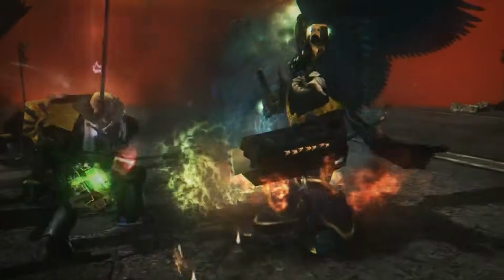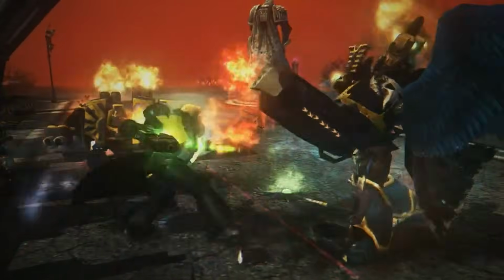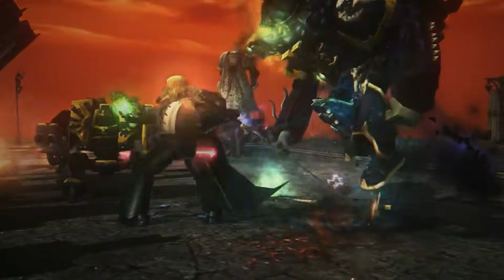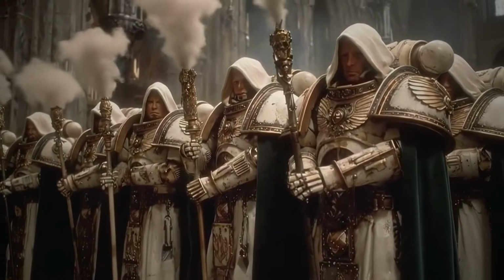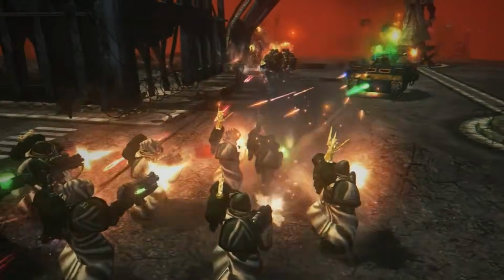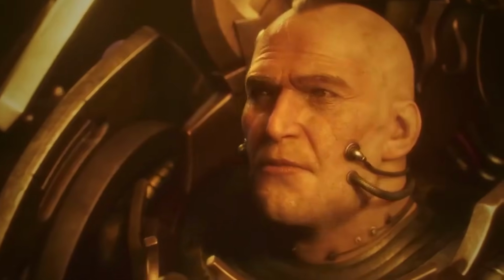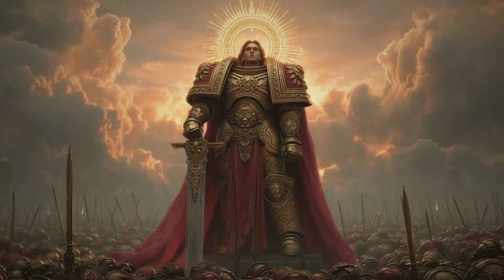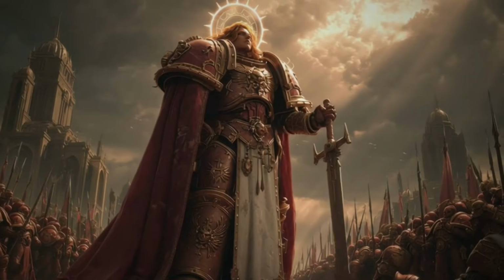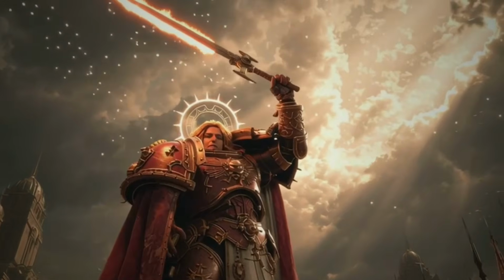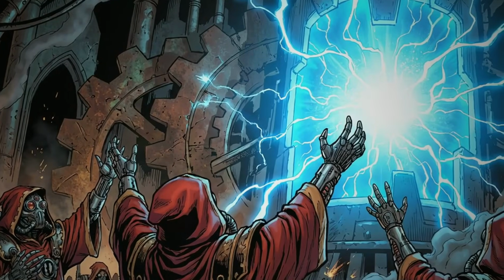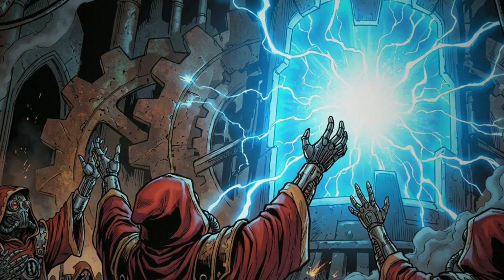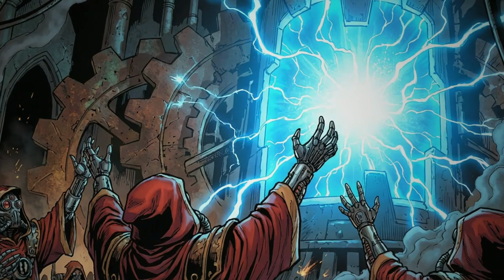His personal combat skills, legendary even among the Primarchs, were a terrifying spectacle for friend and foe alike. He fought with a cold, precise fury, his ancient blade, the Lion Sword, carving through demon engines and traitorous Astartes with effortless grace. His presence on the battlefield galvanized Imperial forces, turning routs into determined stands, and desperate defenses into decisive victories. He was a force multiplier, a living embodiment of the Emperor's might, and his every action sent ripples of hope and fear across the galaxy. The Arcs of Omen campaign, a relentless, galaxy-spanning struggle, ultimately culminated in a direct confrontation over the final components of the key to the Black Library.